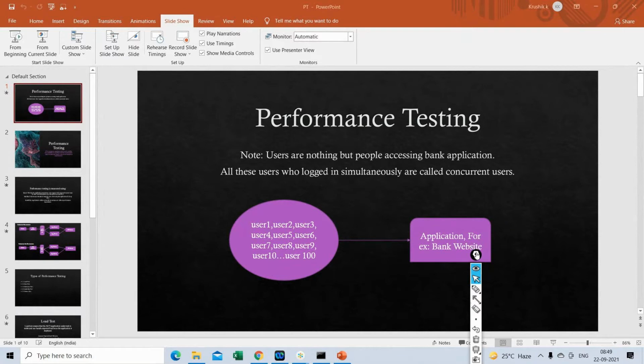What is the main difference between load test and volume test? Both are pretty much the same, Srivani, but the only difference is that in the application's database server you have a huge amount of data. Let's say after 3-4 years, you might have 2 to 3 lakh records added in your database. Keeping that in mind, we intentionally insert those 3 lakh records into the database with the help of a DBA.